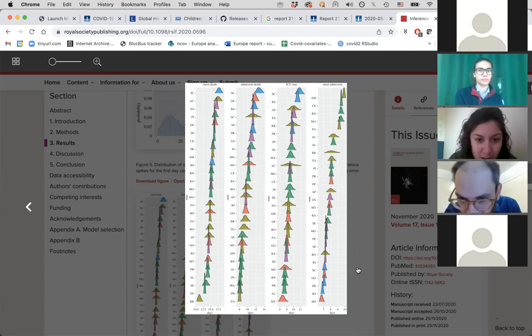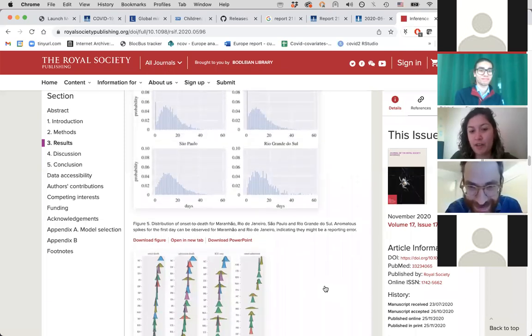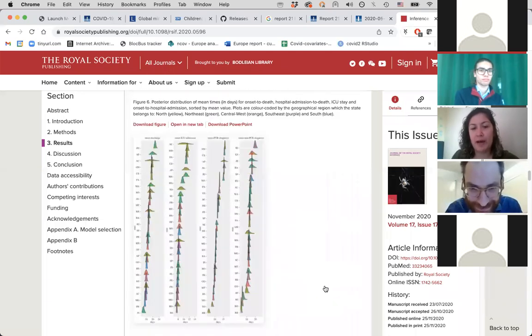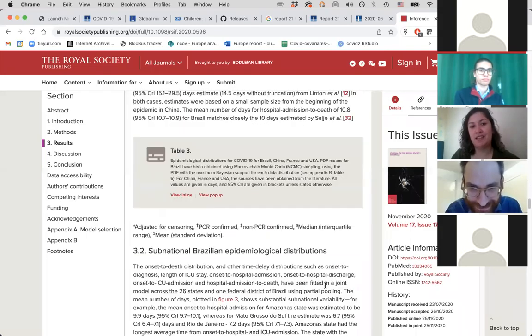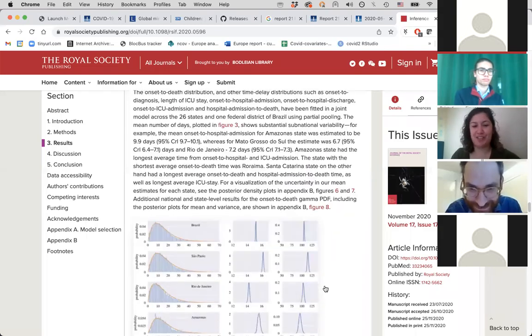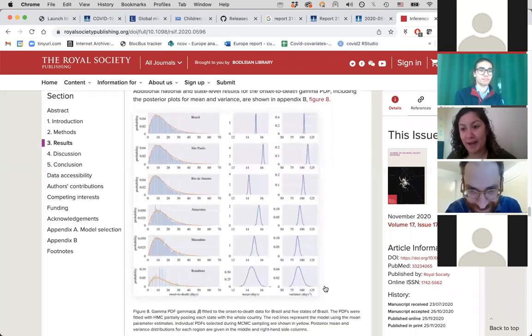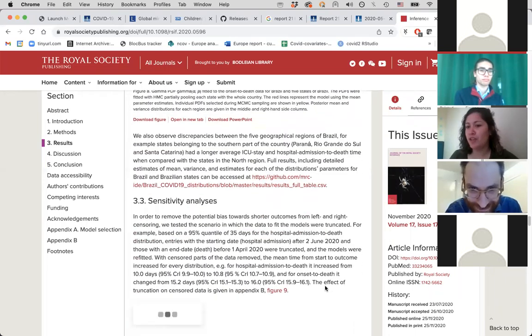Yeah, I mean, very, very interesting. There's PR, one of the shortest for onset to admission. So maybe that means that good health care, people are getting into hospital quickly. Yeah. I don't know. I think about health in Brazil. We have a public system, and everyone has access. And it doesn't work a lot in some states, but especially in Paraná, I think it's a good public health